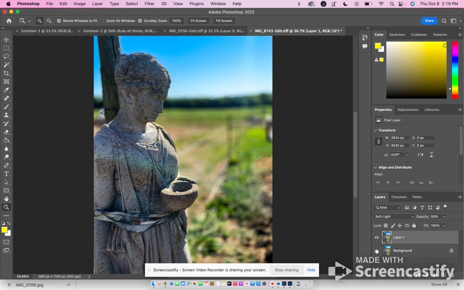So please, moving forward, apply this to the photos that you